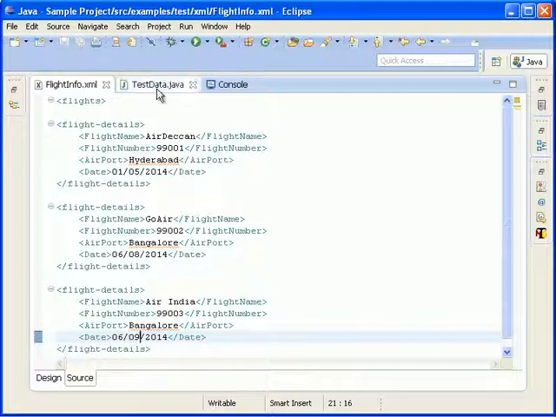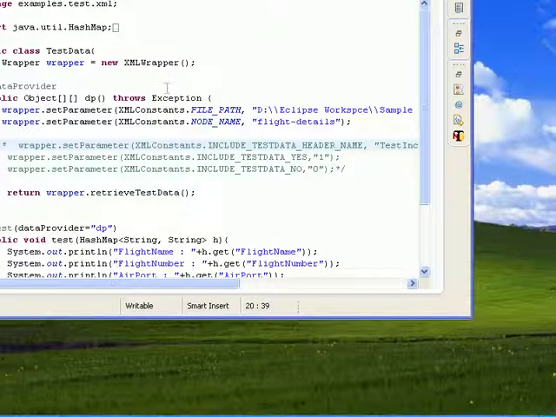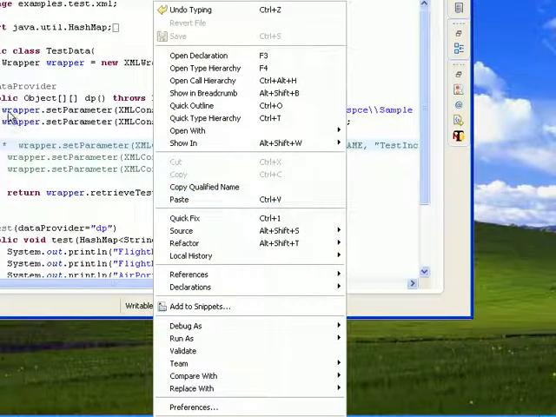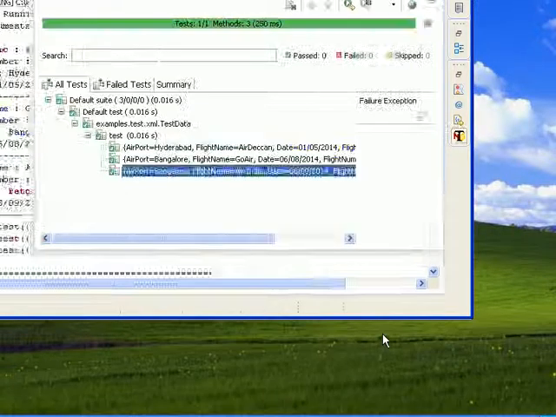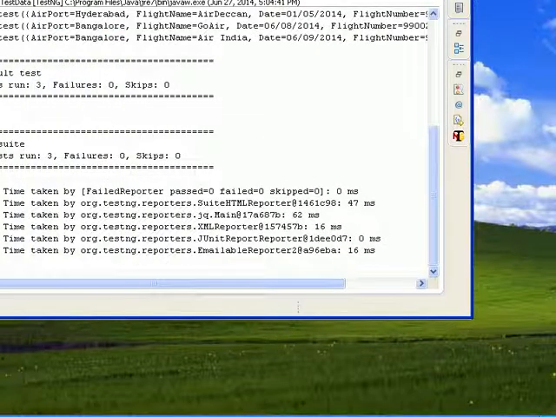I'm not updating anything in the example source code program, and let me re-execute the program. I'm not making any changes in my source program. If you see, it executes three sets of test data.